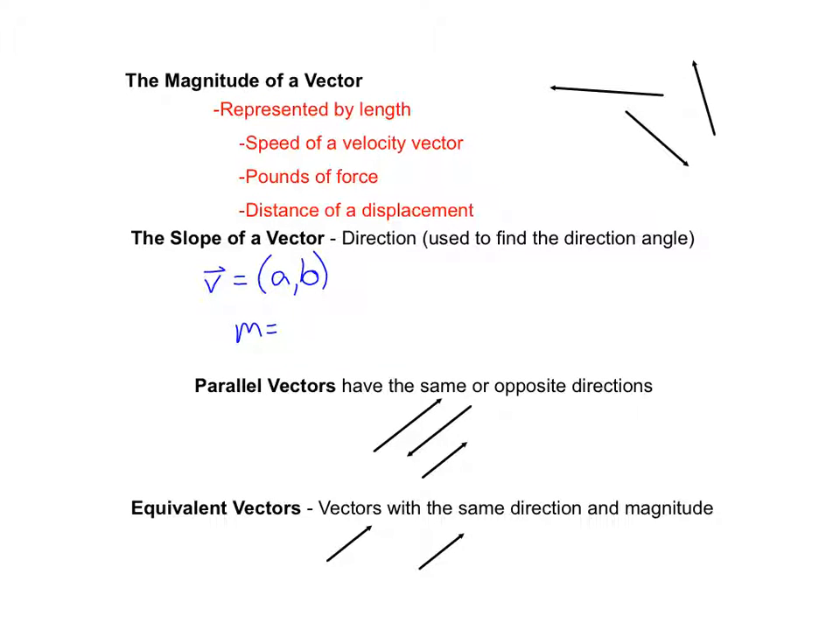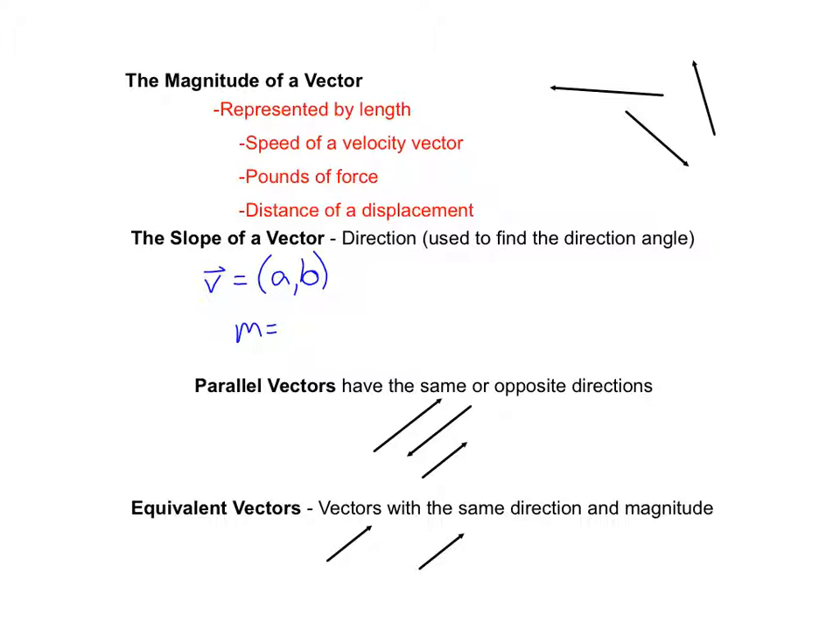Okay, so let's talk a little bit about how we would represent these visually. First of all, the magnitude we represent by the length. Even though these are all going different directions, this one is longer than the other two, so we would say it has a greater magnitude. If all of these were representing different velocities, this one would be going faster than these two because